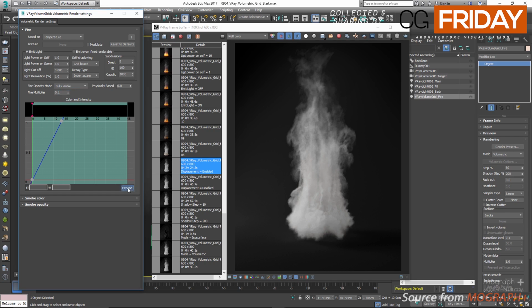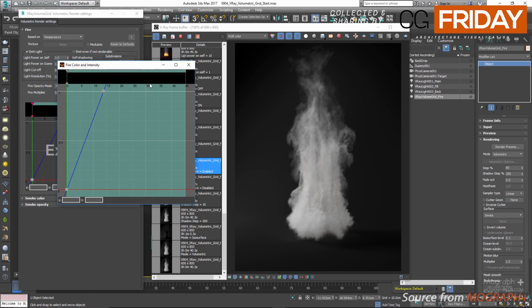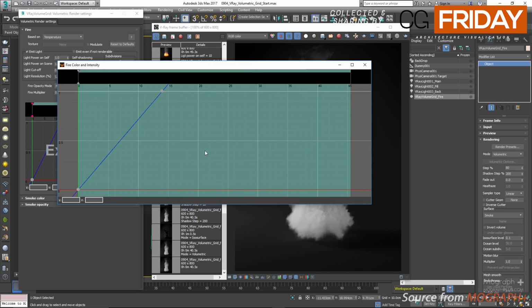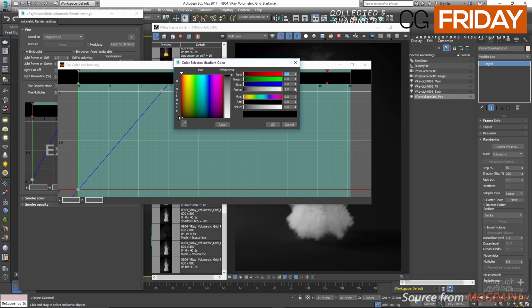We can click on this expand button and expand the diagram a bit so we can work a bit easier. Also right click and choose fit in view so we only see the data range for the current channel, which is temperature, and its data range is between 0 and 45. Between 40 and 45, but a bit closer to 40. Double click to add a point and